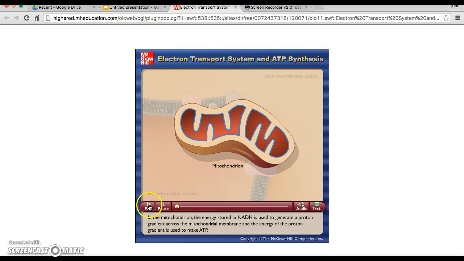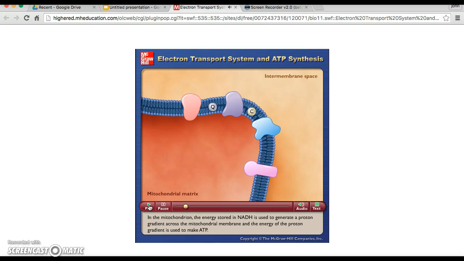And then I'll explain a couple more things. In the mitochondrion, the energy stored in NADH is used to generate a proton gradient across the mitochondrial membrane, and the energy of the proton gradient is used to make ATP. When glucose is oxidized during glycolysis and the Krebs cycle, the coenzymes NAD and FAD are reduced to NADH and